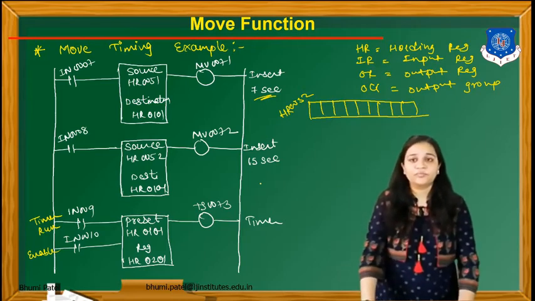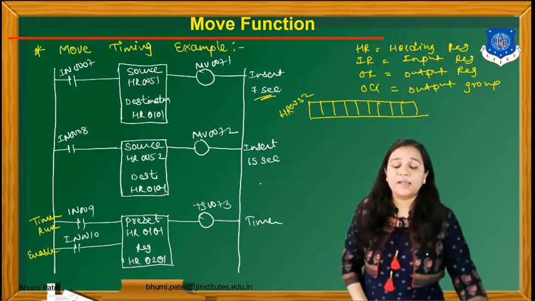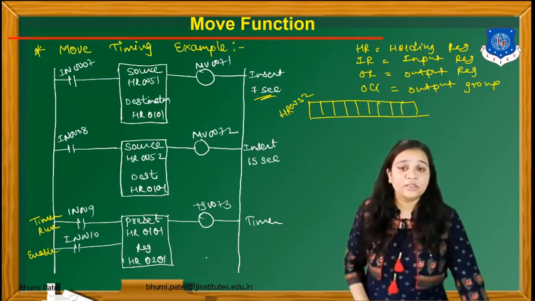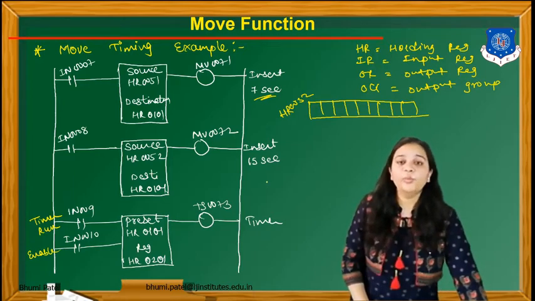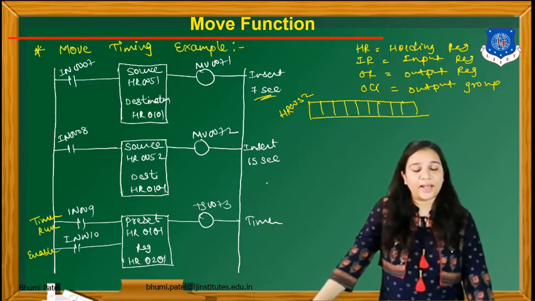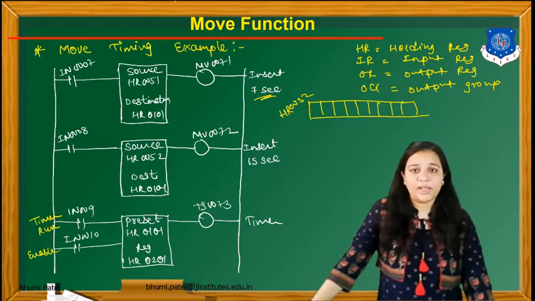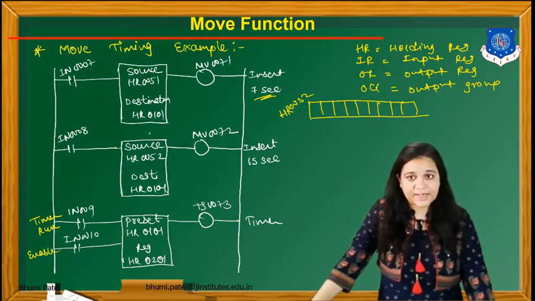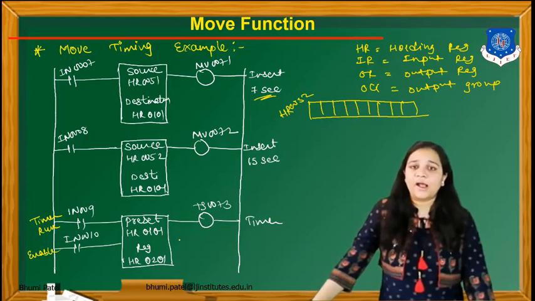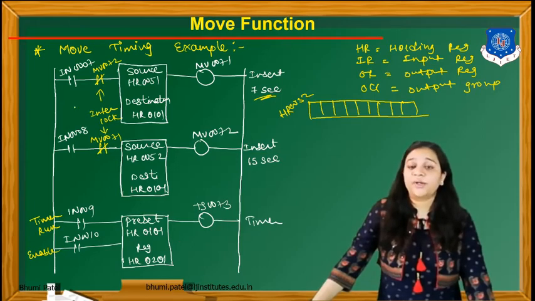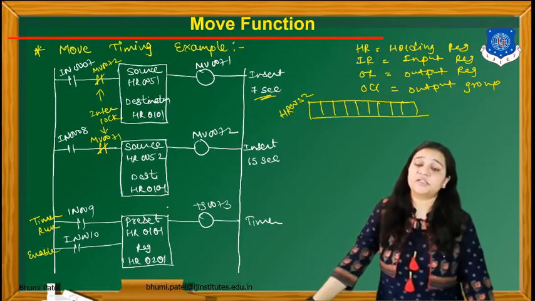The command for the timer is TS0073. After executing this program, we can get the register value, and the output will be on after 7 seconds and after 15 seconds. So this is the example of the move timing example. For that, we must first move some data from this particular source to the destination address, and after that we have to use a timer function. Clear? Now the next one is the interlock. Here, for safety purposes, we have to use the interlock, because here you can see that we use the same destination for this program.